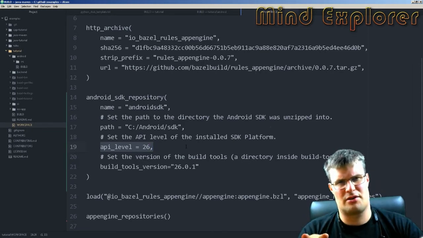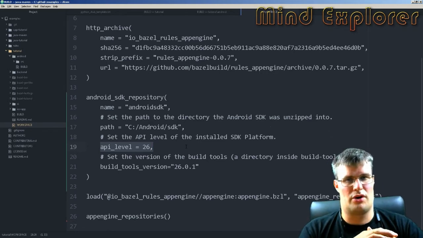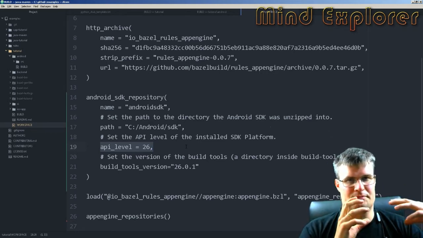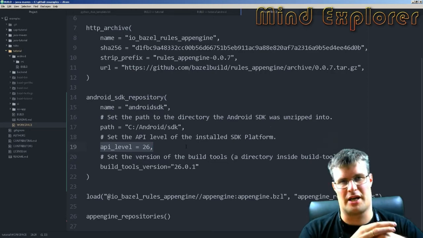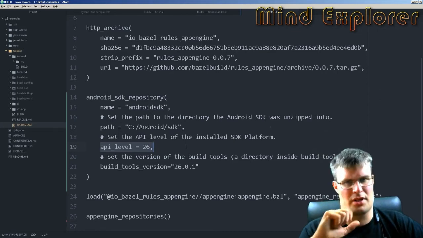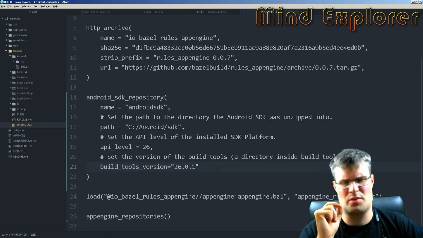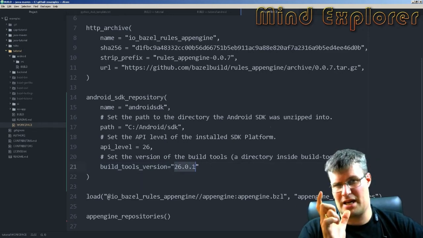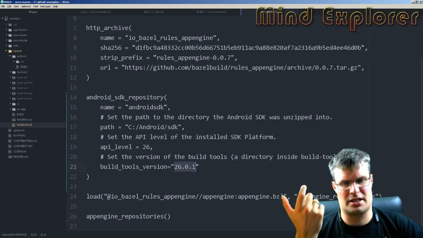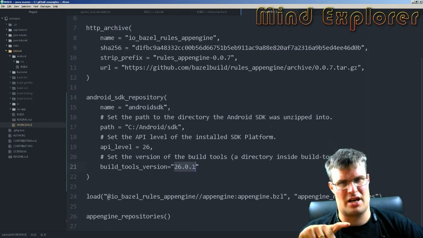So just look in your install manager for packages for Android, or if you are using the new Maven repository, you might specify that in the Gradle file in order to download the right API level. And then build tools. This is a little bit more strange here, because build tools, in my case, I downloaded the 26.0.2 build tools, but they are still installed in the